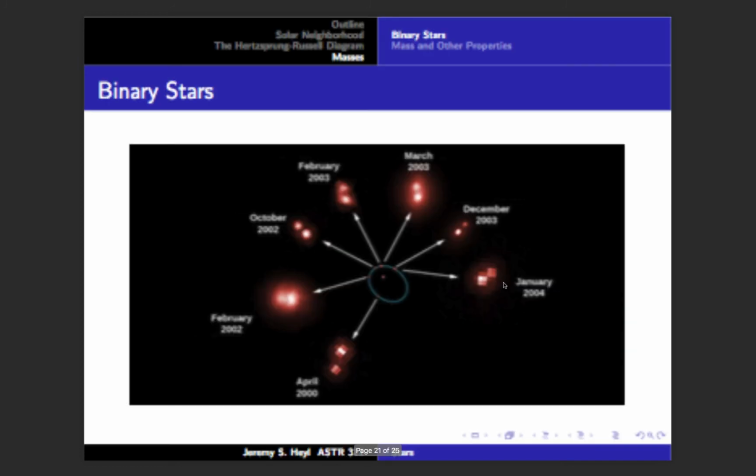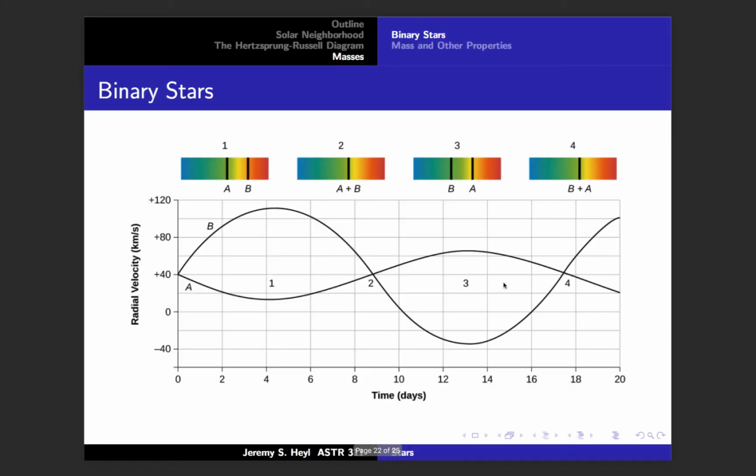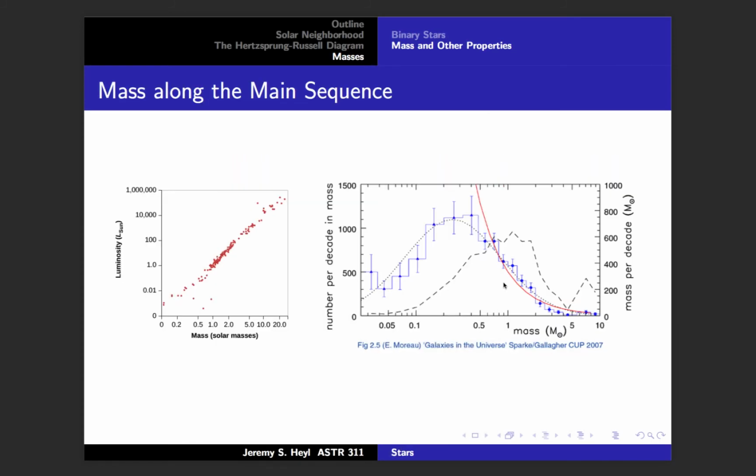In this picture, we can figure out the masses spot on if we know how far away it is. And in this picture, we don't need to know how far away it is, but we can't get it spot on, except in the case where they're eclipsing, remember? Because if they're eclipsing, we know that the orbit is like this, right? So those are really treasures, these eclipsing binaries. But for the rest of them, we can figure things out. And that can tell us